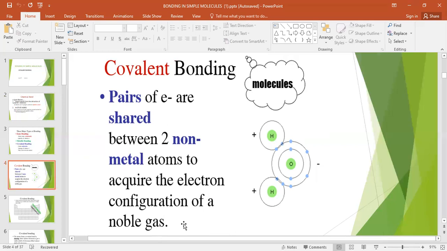So till now, two questions. Define a chemical bond. Number one, what is a chemical bond? And second one, why do atoms form a chemical bond? Clear now these two concepts? Why do they form a chemical bond? To make a stable electronic configuration, like noble gases.